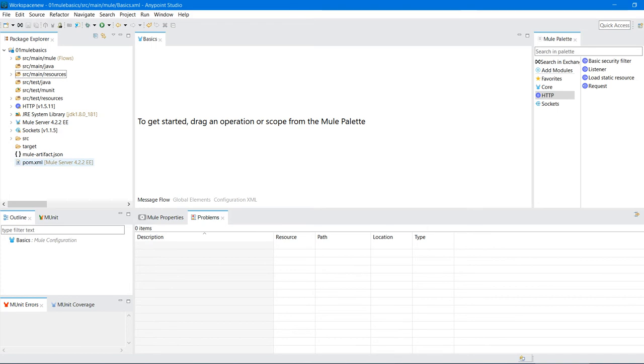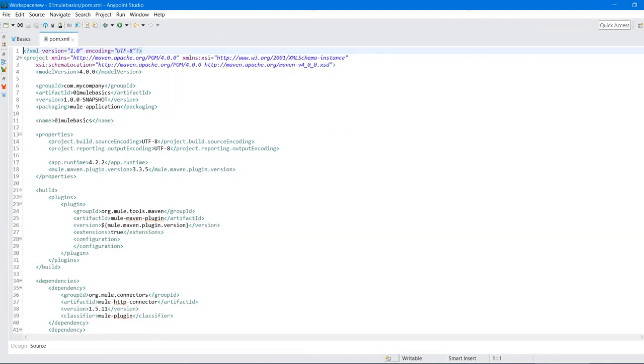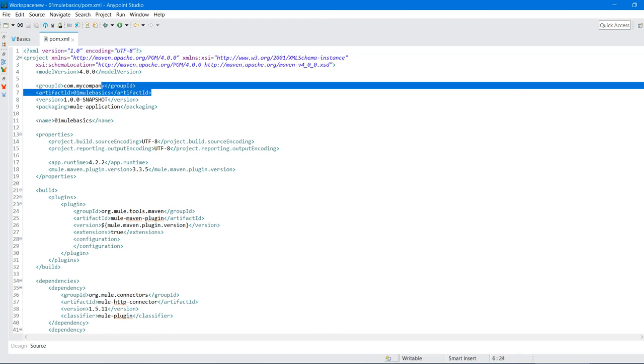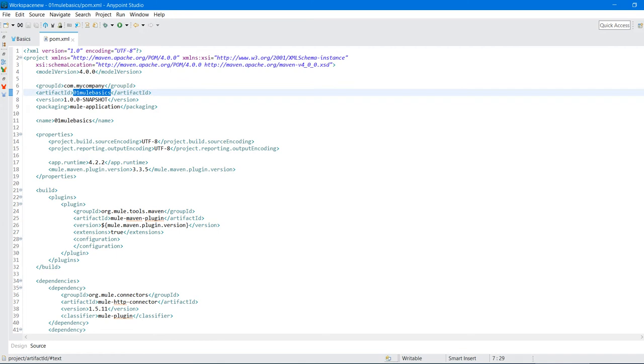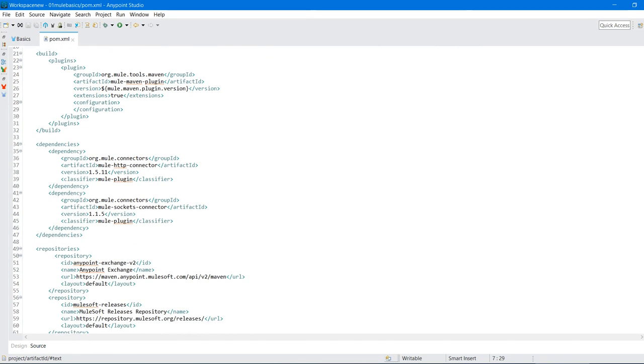And we can see pom.xml. Just expand this pom.xml. Your project will be identified by two parts. One is by using a group ID, one is by artifact ID, right? My artifact ID is nothing but the project name, and group ID is nothing but a domain name. If you have knowledge of Maven, you can understand this. The version of your project is 1.0 by default. Under that we can see some dependencies. As I said, two modules are added as dependencies by default. We can see the HTTP connector and a socket connector.